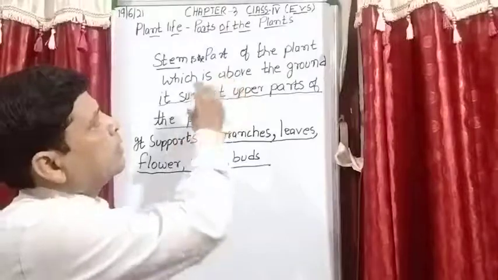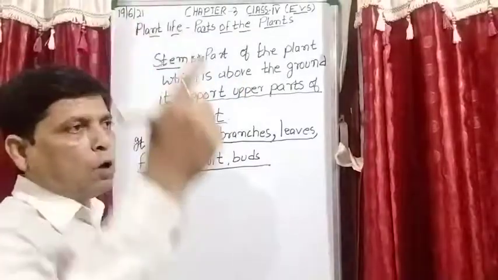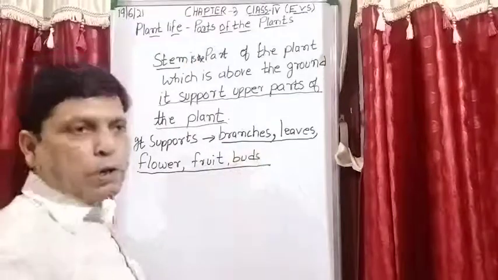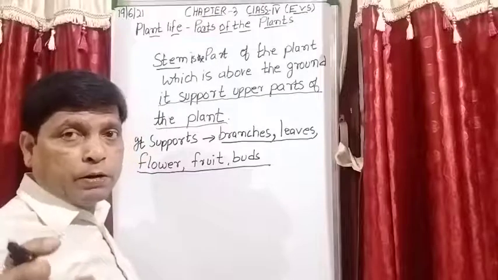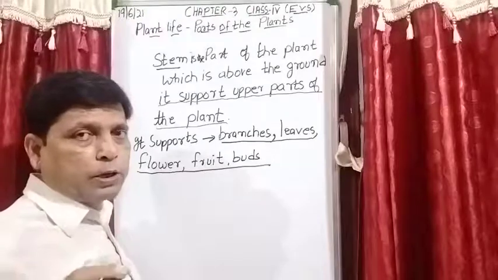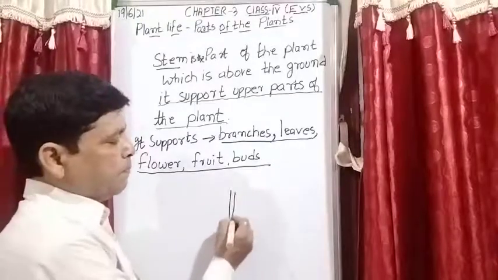So let's do a little recapitulation. Stem is that part of the plant which is above the ground and it supports the upper part. Upper part में ये आएंगे. Below part में जो underground के below part है, that is the root है. ठीक है, तो root stem में नहीं है. Is it clear? Root is the other system of the plant. So for example, this is a stem.